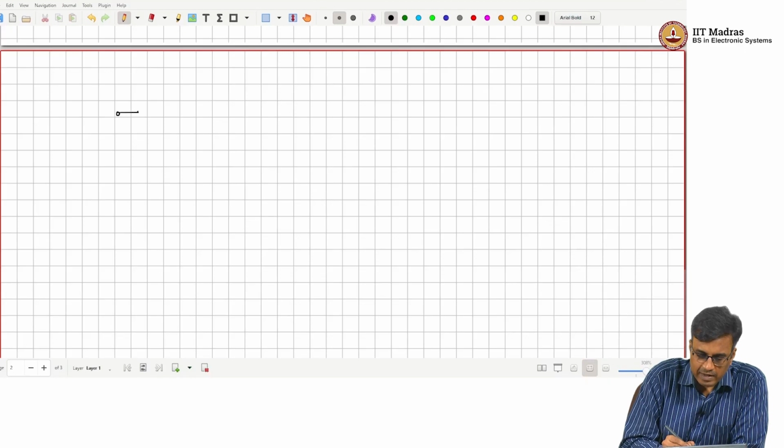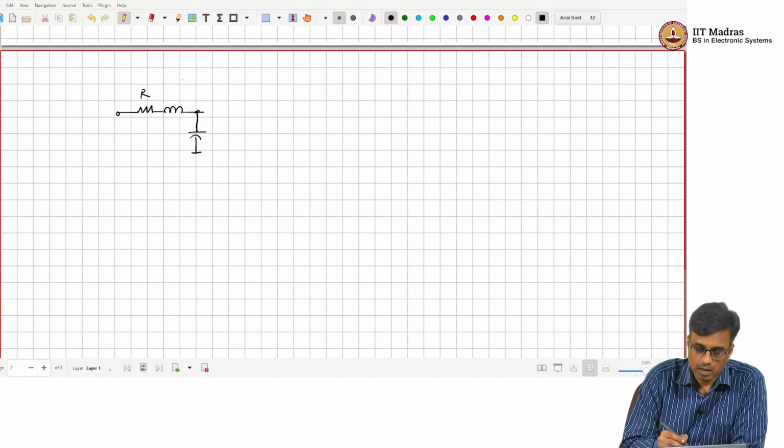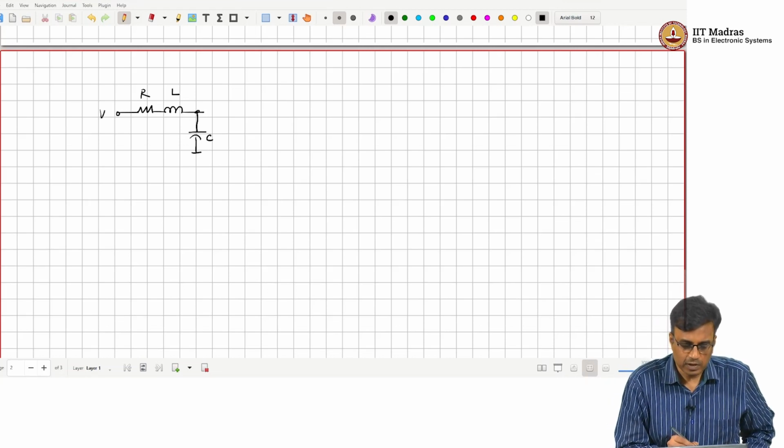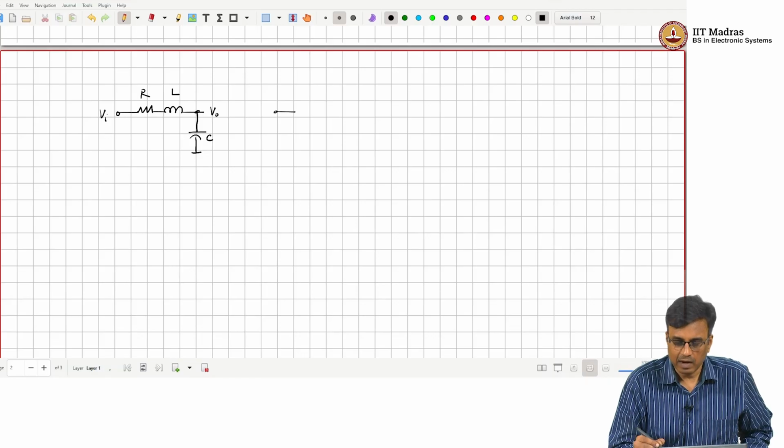So, yesterday we started off with a passive second order low pass filter, right. And how did we come up with this in the first place? Well, we started off with the first order low pass filter and then decided that